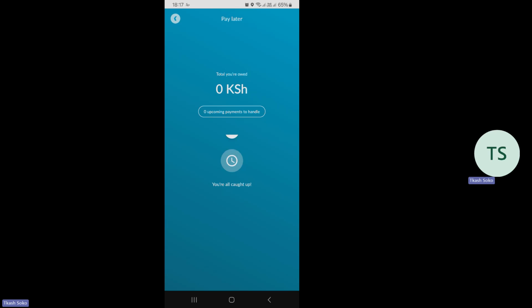You have to keep on calling. You will not be calling with Tcash. Why? Because Tcash will be having what we refer to as automatic debt collection. The automatic debt collection will mean that so long as mliagree na kulipa in 7 days on the app, 7 days zikipita, Tcash balance yake, pesa konayo kwa Tcash balance yake inakatwa, inakuja kwa Tcash balance yako, and you're paid automatically. Just like a bank would pay its loan automatically from the account, the loanee's account. That is how it will be operating.